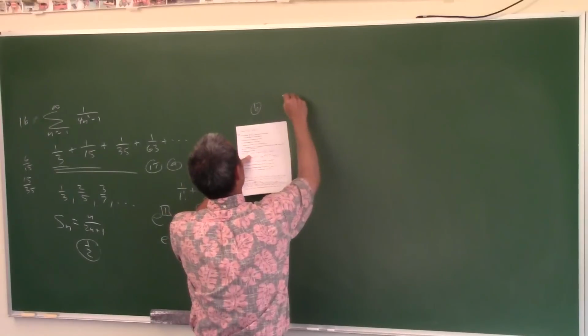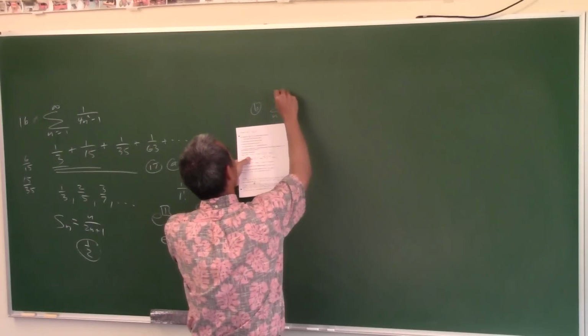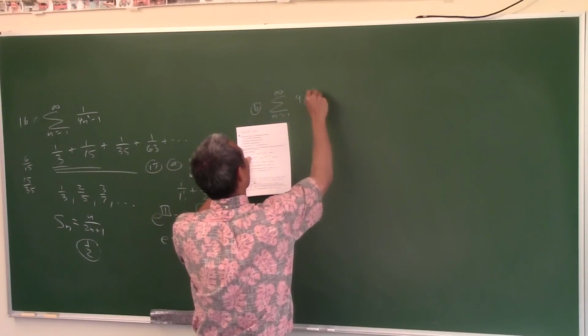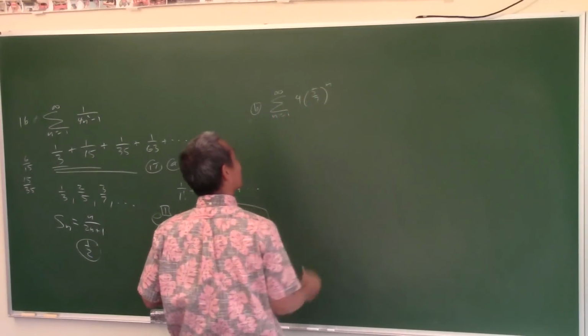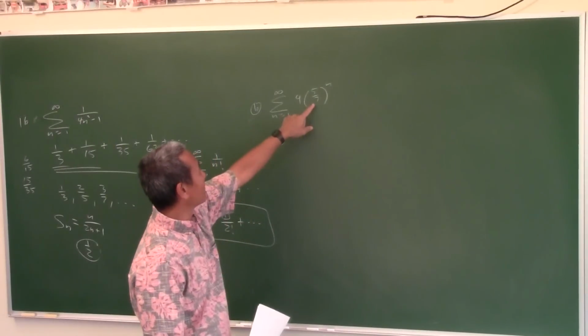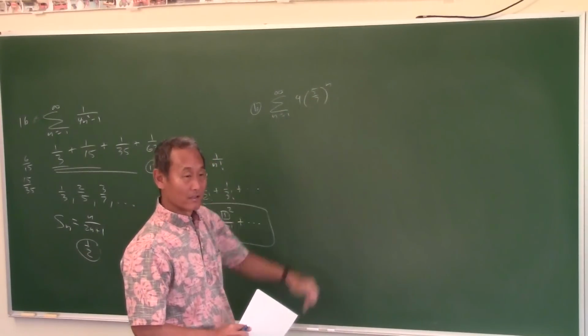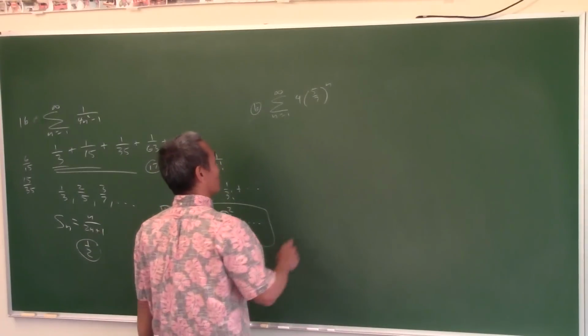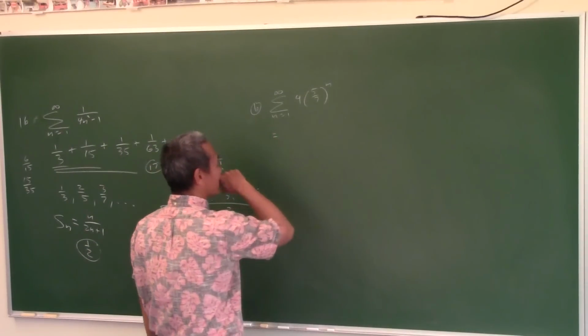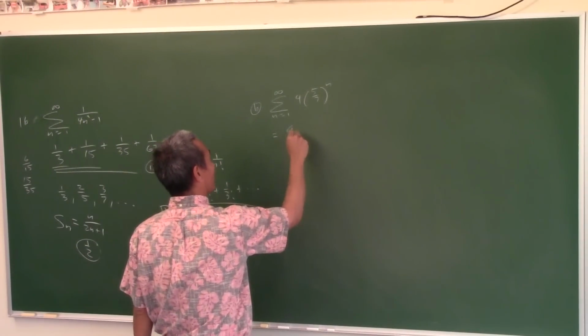Okay, B. Sigma n equals 1 to infinity, 4 times 5/7 to the n. Now this is a geometric series because you have a number to the nth power, right? So, if you have an infinite geometric series, remember the formula is a1 over 1